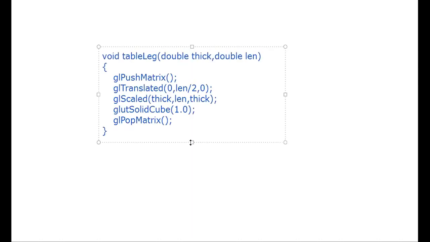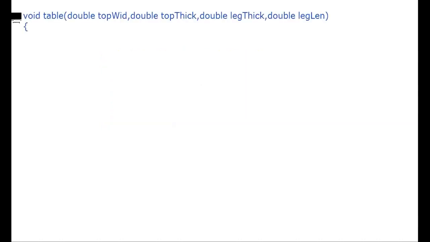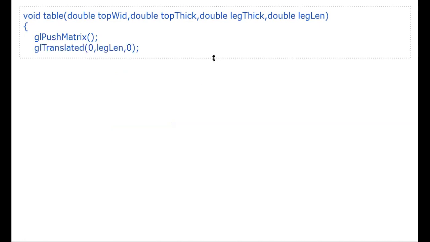This is clear. Now we will move on to the next one, that is table. Finally you are going for the table. What are the things in the table? First push matrix, as discussed in the previous one. Then obviously it is translate.